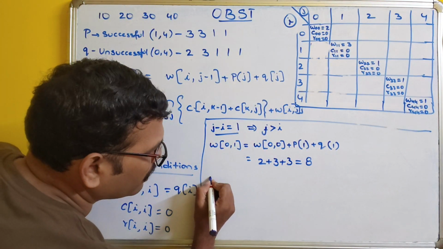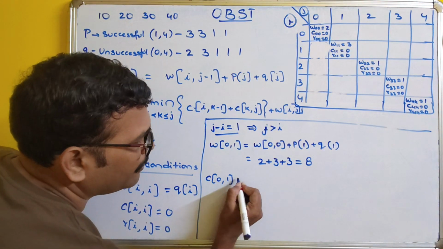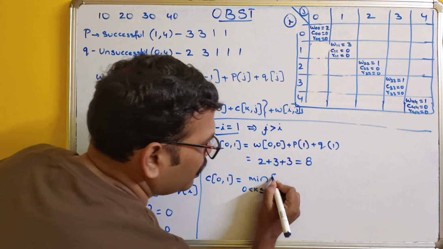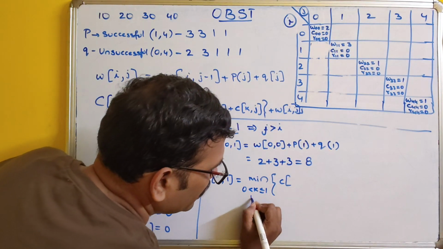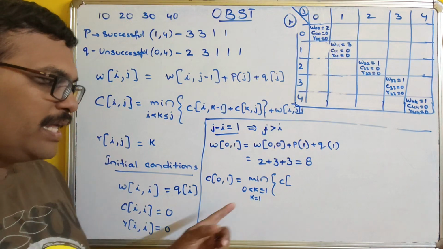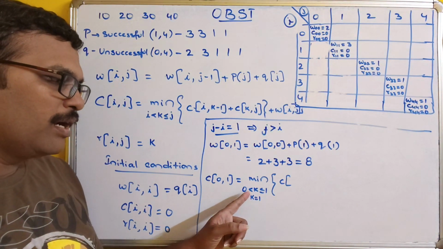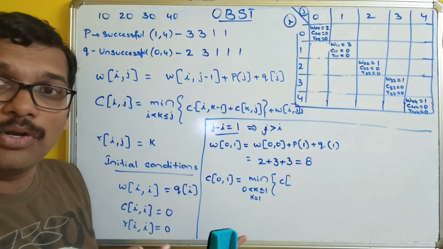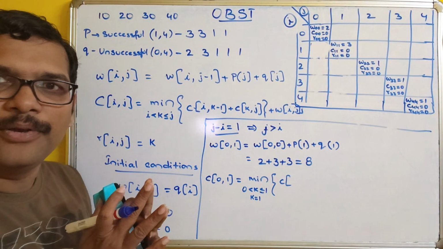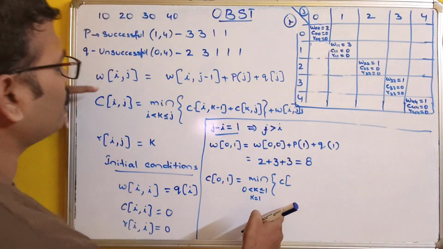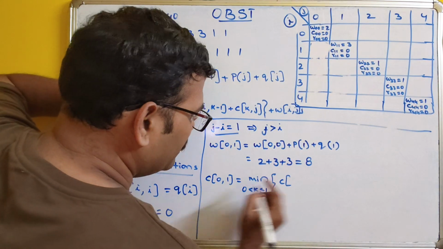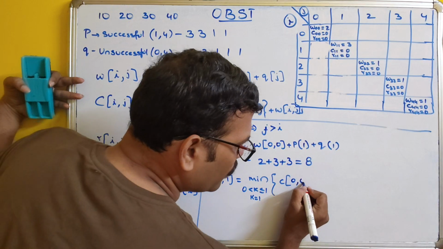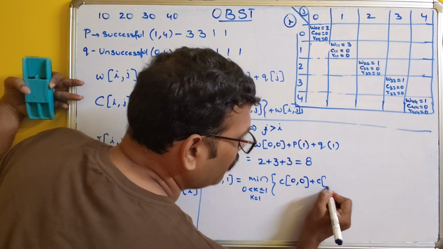Okay. Now calculate the cost from 0, 1, which is a minimum of 0 less than k less than or equal to 1 of C of, so here k holds only one value. That means k is greater than 0 and less than or equal to 1, so it will take only one value. Now, what's the formula here? C of I means 0 comma k minus 1, here k is 1, 1 minus 1 is 0,